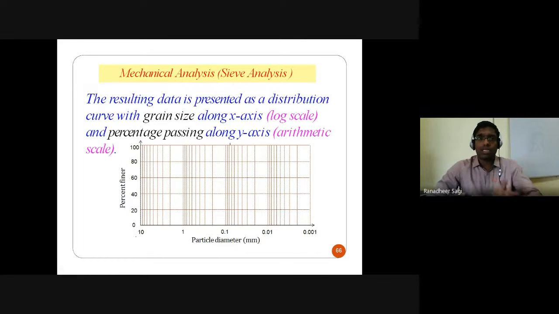Once you have the test data from the mechanical sieve analysis and understand the percentage finer value corresponding to the different sieve sizes, you are going to plot a graph with percentage finer data on the vertical axis and particle size on the horizontal axis, on a logarithmic scale. A logarithmic axis scale is what we indicate on the horizontal axis.